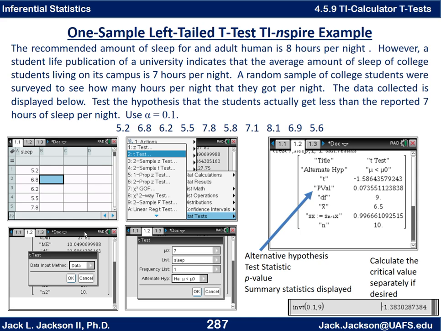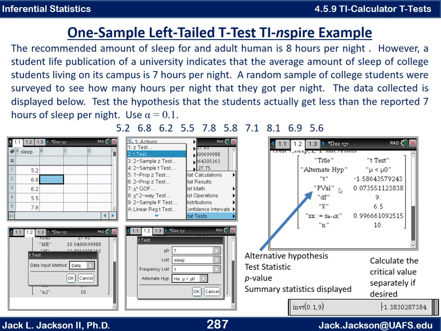6, 7, 2. And then this screen comes up here, and you have a choice of inputting either data or statistics. Choose data in this case. Click OK. You have to put in your null hypothesis, which was 7. The list where our data is, which we called sleep. And you just click on this arrow here, and some choices will pop up, and sleep is there. Frequency list is 1. The alternative hypothesis, it shows there, in our case, is that mu is less than mu naught, being the 7. Once you get all that, those 4 things figured out, click OK, and then it returns